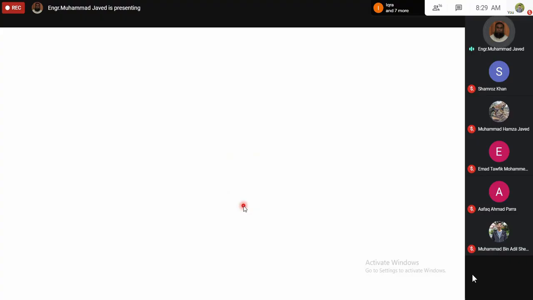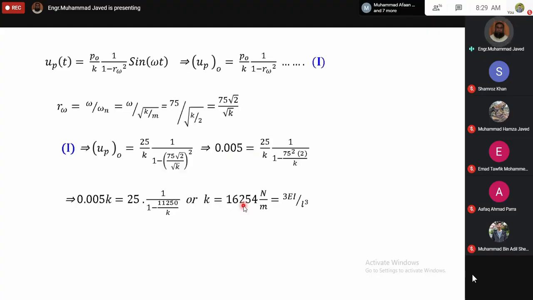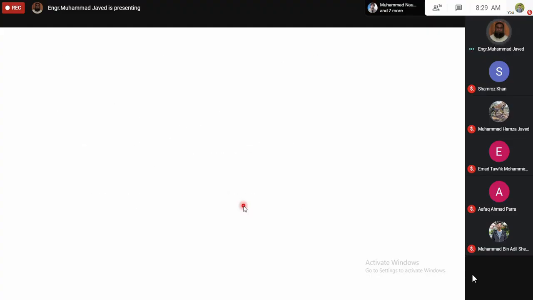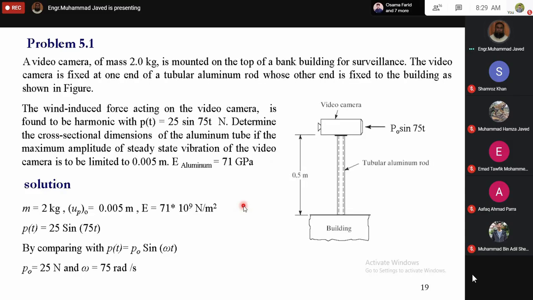So the stiffness required to limit the steady state vibration is 16,254 Newton per meter. Now, since we want to find the cross-sectional dimension, we need to write the equation of stiffness for this